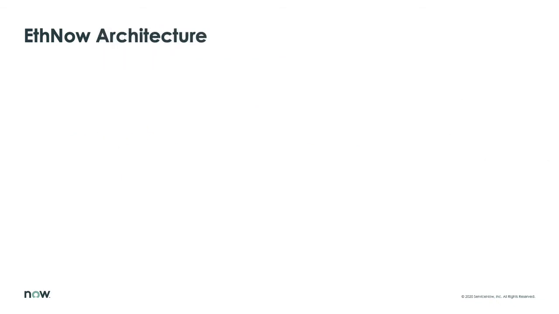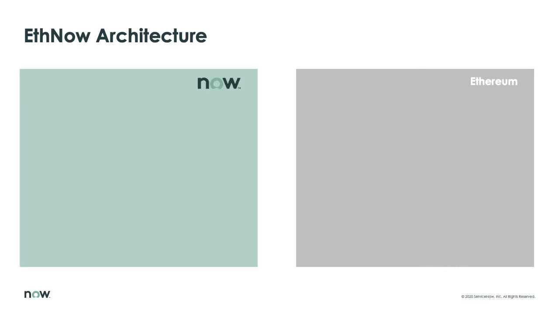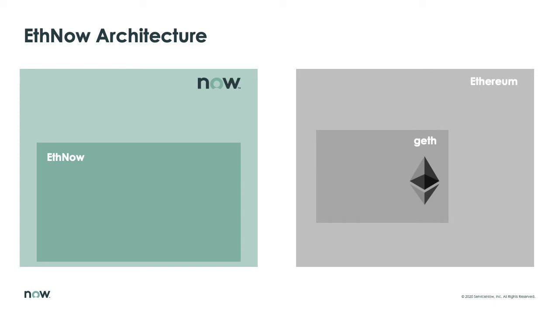This is the internal architecture of the ISNOW connector. On one side, you have the Ethereum blockchain, and on the other side, you have the ServiceNow instance. The Ethereum blockchain is made by nodes represented by an Ethereum client, for example, Geth. On the other side, the connector is made by two ServiceNow scoped applications. The first application is Spoke, made by flows and APIs that talk the same language of the blockchain node, JSON-RPC.